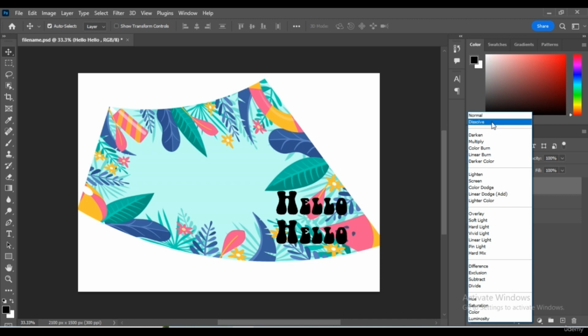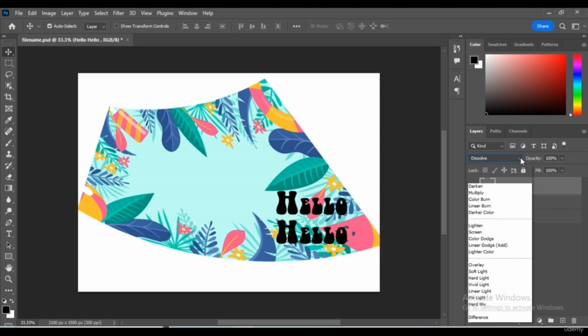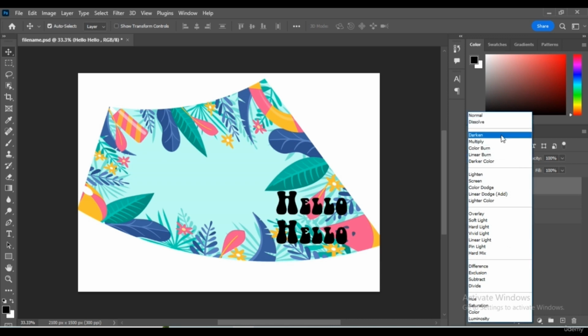Then dissolve. As you can see, the writing or the font right here has this type of soft pixelated form if you click dissolve. Darken. Darken only works on dark layers.